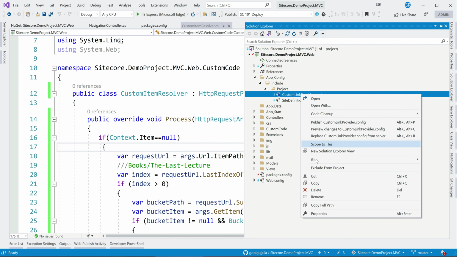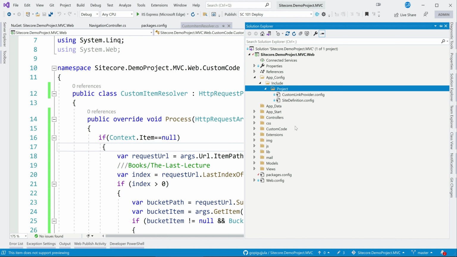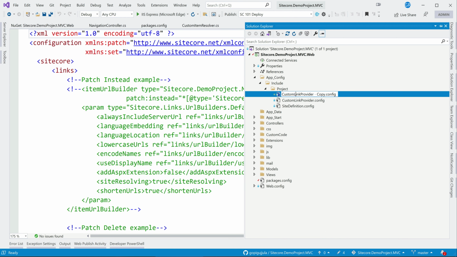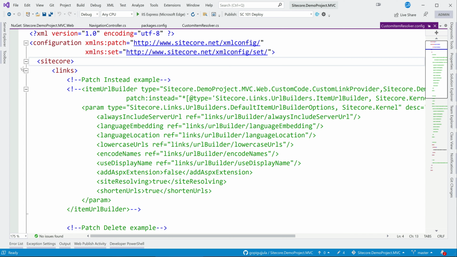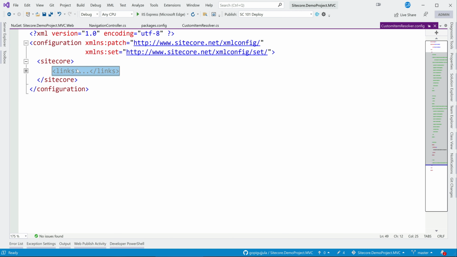Again, I'm lazy, I'll just copy and paste. Okay, custom item resolver. Let me close everything of this.